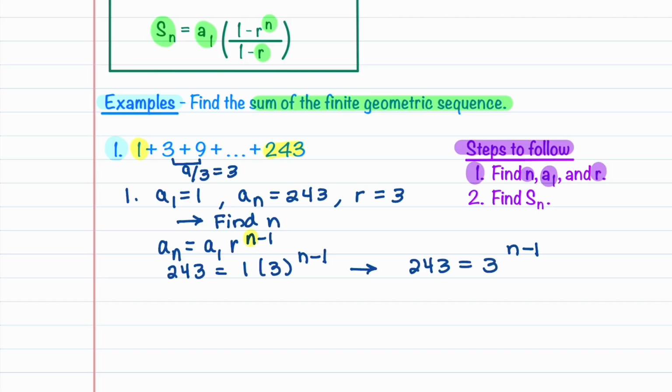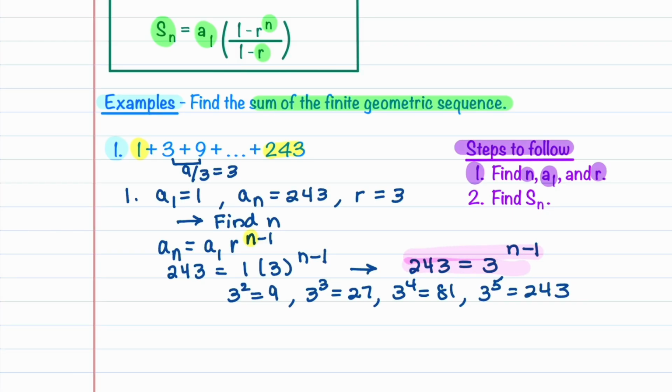Let's write down 3 squared is equal to 9, so let's look at powers of 3. 3 cubed is equal to 27. 3 to the 4th is 81. And then here we go. 3 to the 5th is 243. Great. So let's take this equation, and instead of 243, we're going to write it as 3 to the